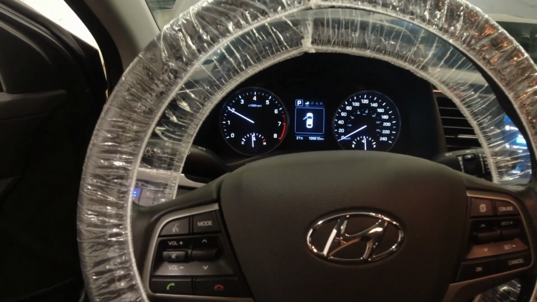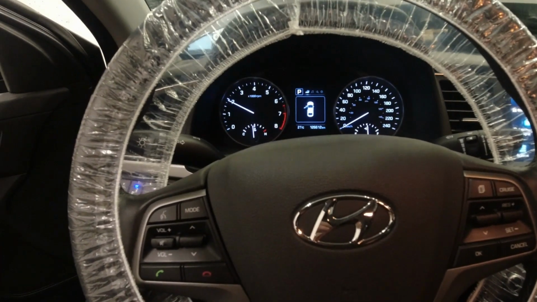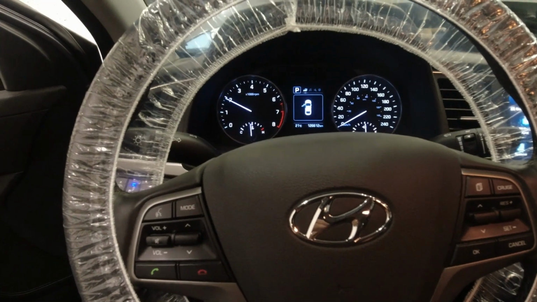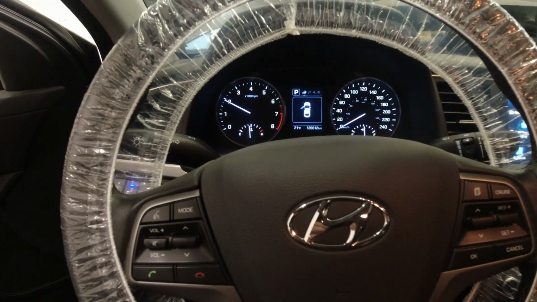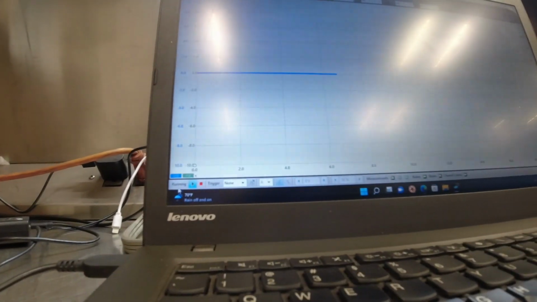I'm just going to hold it there. Okay. Now let's check our capture. Okay, so let's go back here and I start revving. Okay,